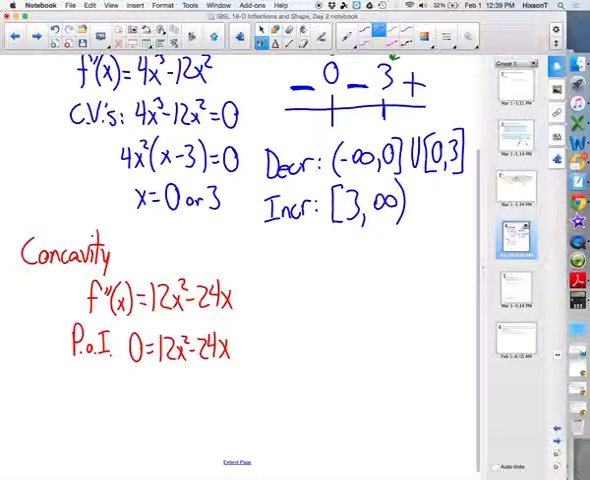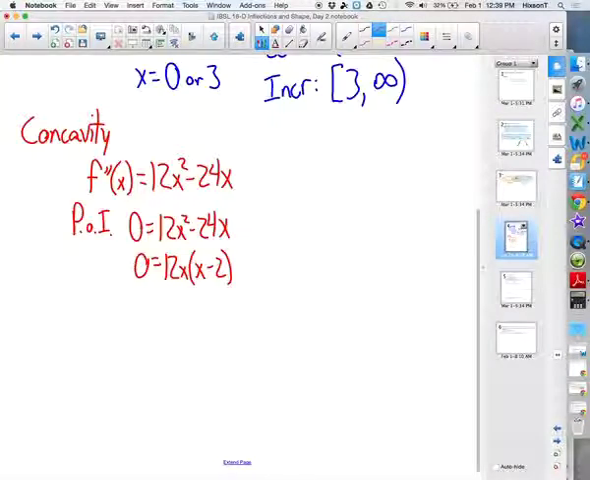Take a 12x out, and we get an x minus 2 left over. So our points of inflection occur where? 0 and 2. Okay? We said it's what it appears to be. Now, we do need to make sure that there is a change in concavity at those points. Now, since neither one is a double root, we're pretty sure that that's going to happen, but just to be safe,